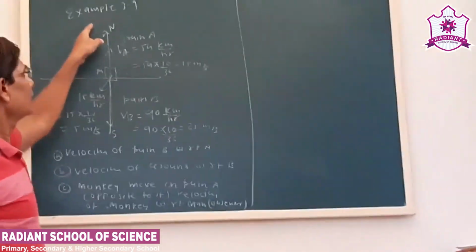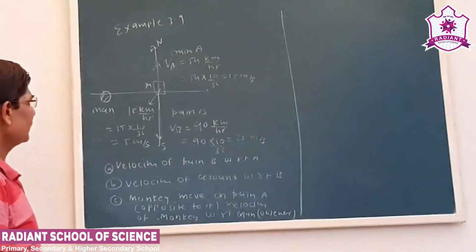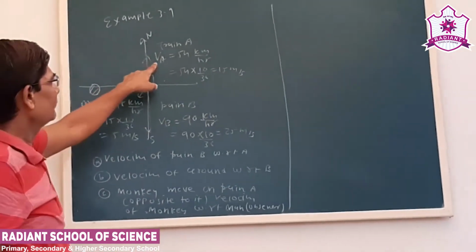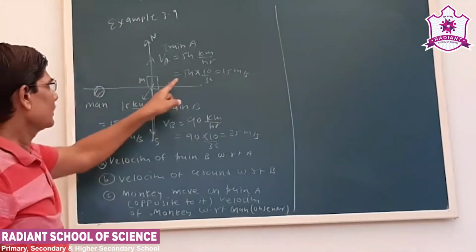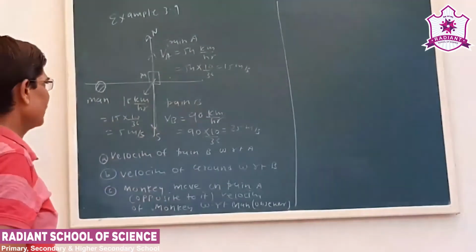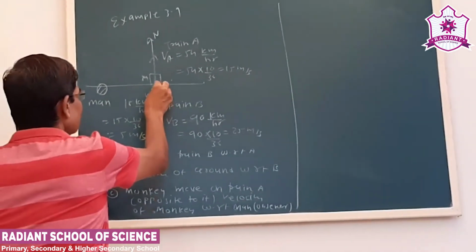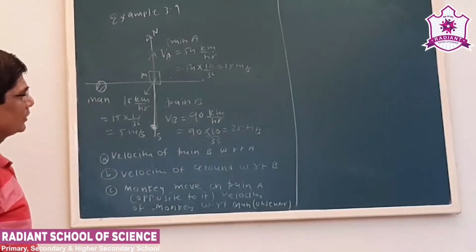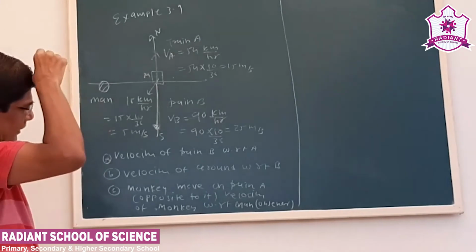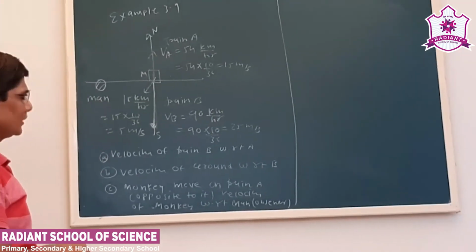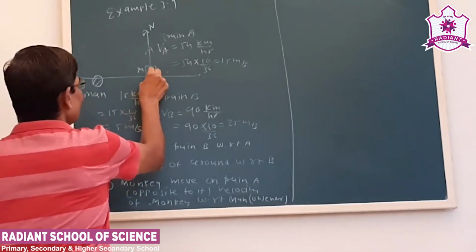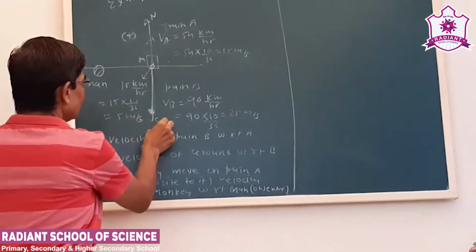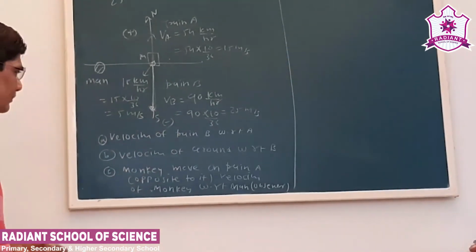Now see our example 3.9. See the question says, a train A moves in the north direction with a velocity 54 km per hour. That is, we convert in meter per second, is 15 meter per second. See the train B moves in the south direction with a velocity of 25 meter per second. Okay. Now see by convention, now this will be our origin. Upward direction velocity we take positive, and the velocity in the downward direction is negative.